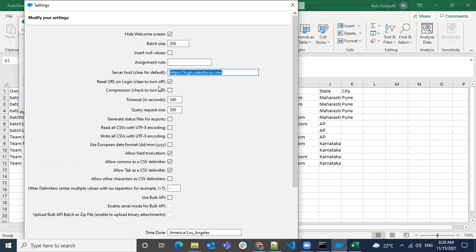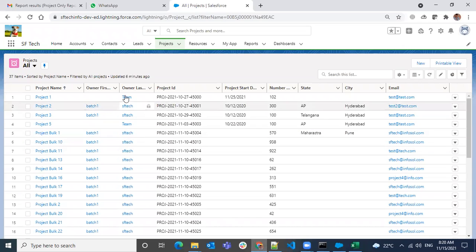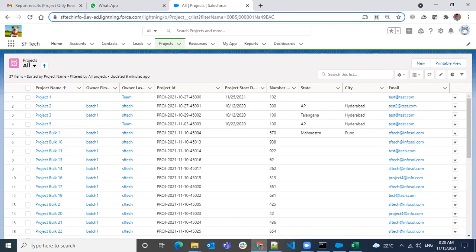When you log in to a production or a sandbox, it will ask you to give the server, and you can just pick those values, or if you have any specific domain enabled. I will also show how to enable a domain for your Salesforce org. Previously, for an older org, it used to give a dev domain.